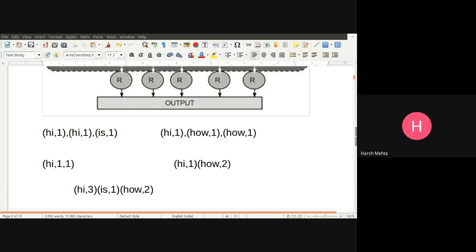Everyone understood the combiner logic? Yes or no? Only Nidhi is answering.